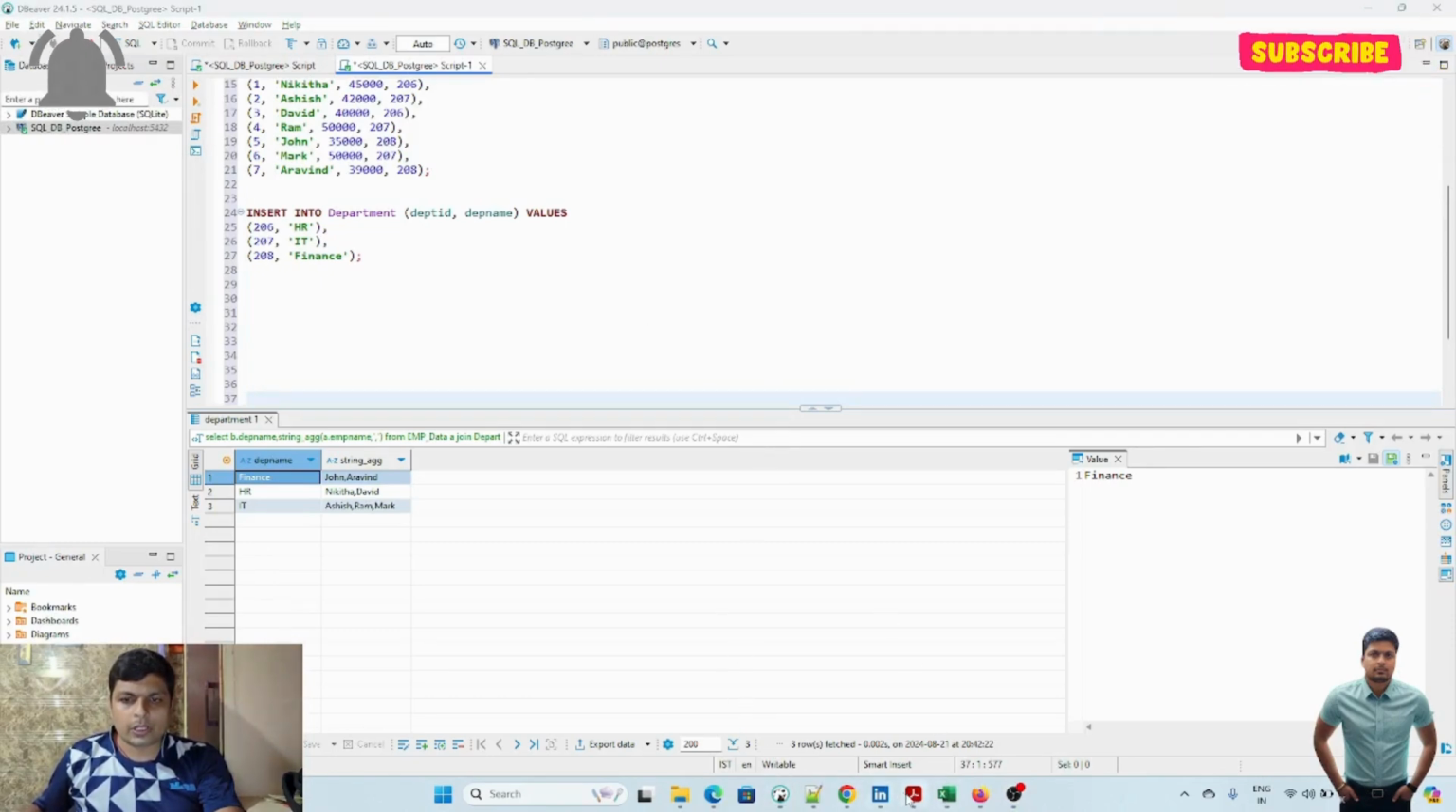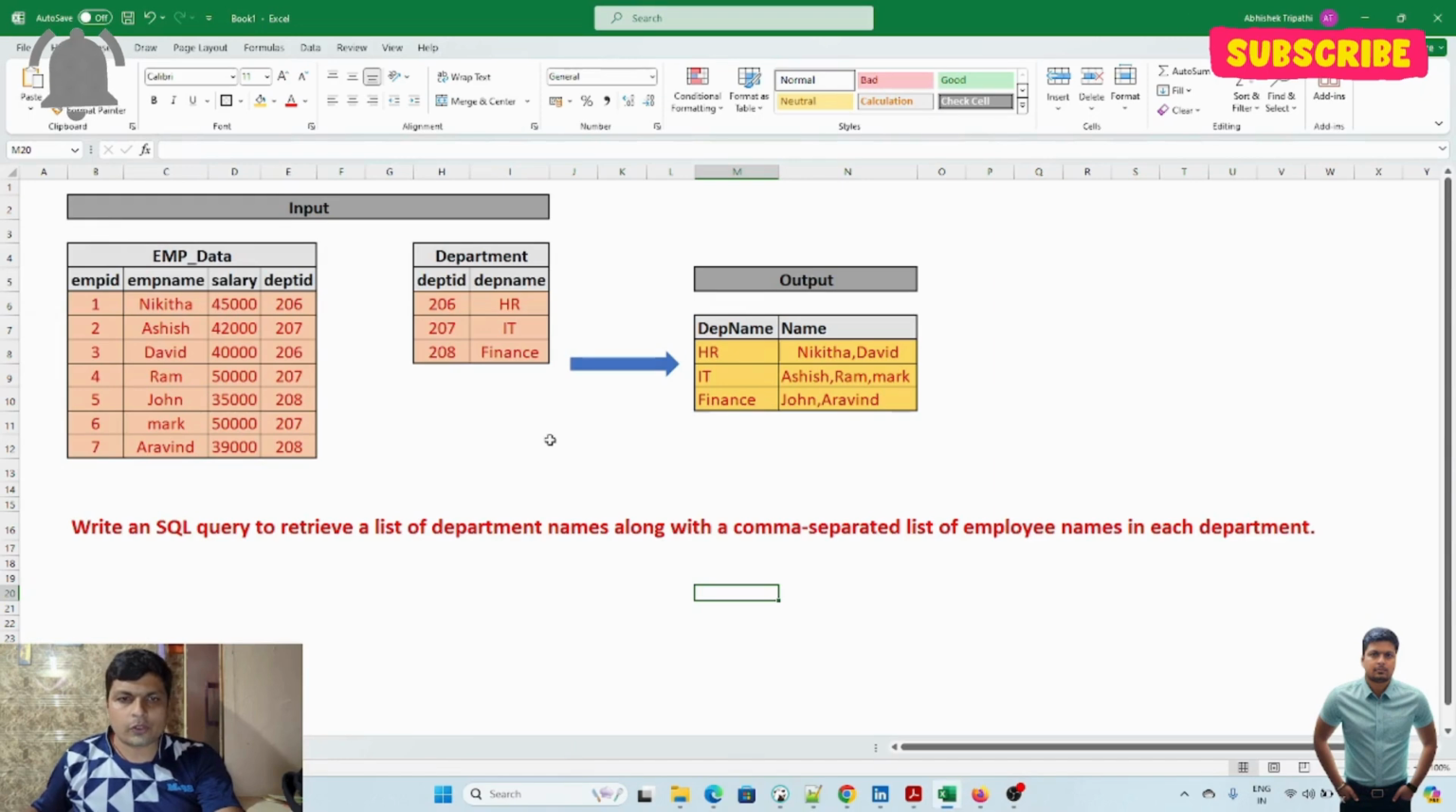Today I came across another interview question which was asked during one of the interviews at Persistent. The question is this: suppose I have two tables. One table is employee data, the second table is department. I have to write a SQL query and a PySpark API query to get the